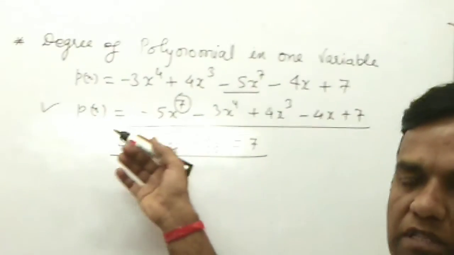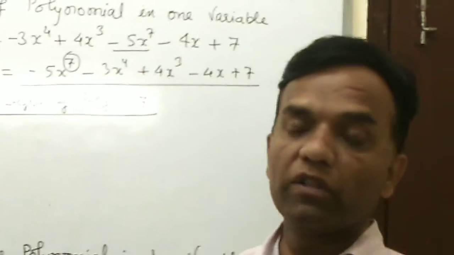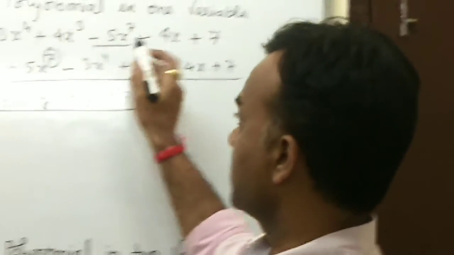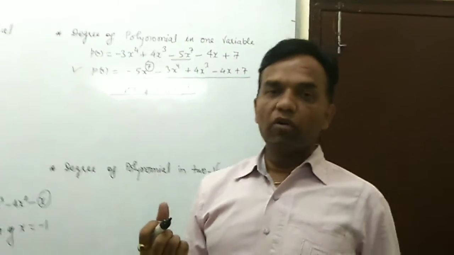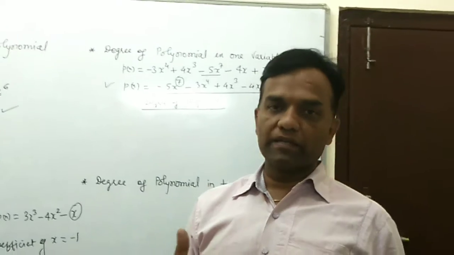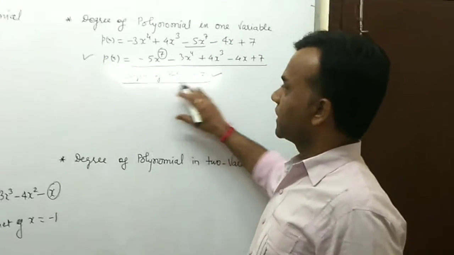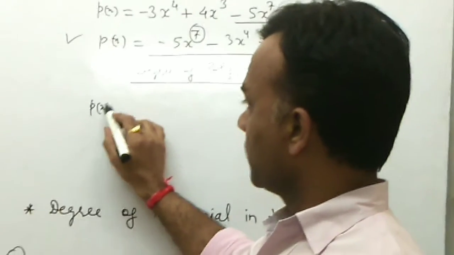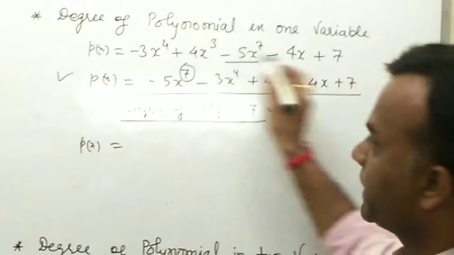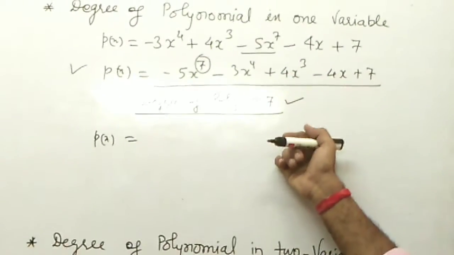It is also possible that even if you do not convert it to the standard form, you can still consider it, because the definition is the same. The basic concept is that first you check all your terms and then you take out which term has the highest degree. The highest degree you write down as your answer, that is the degree of the polynomial. Okay, and then I write down one more example, and in this example we write it in standard form and then write down the answer.